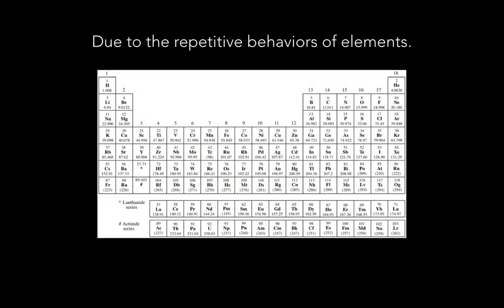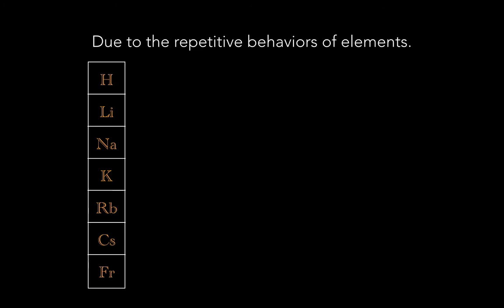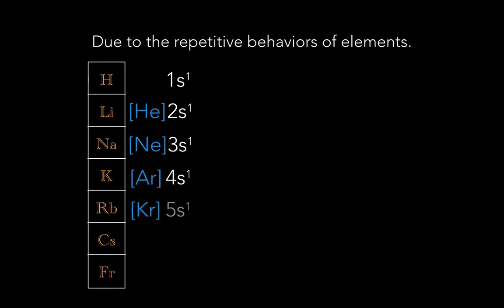So due to the repetitive behaviors of elements in your groups, now why? Why do these elements have repetitive behaviors? And that's because of their valence electrons. Period number 1, for example, like I have here, if you'll notice, they all have the same number of valence electrons, right? And those valence electrons are located in the s orbital. So that one valence electron that these have determines the behaviors that they're going to have with other elements. That's why they all share that behavior. That's why they're called a family group.